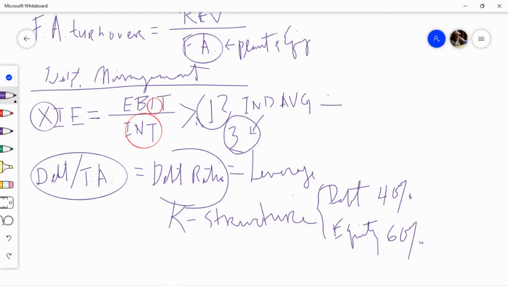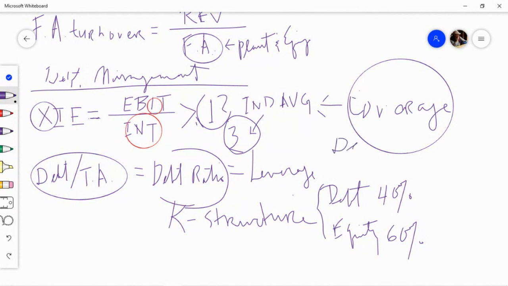Also, you remember, debt to total assets ratio is called the leverage ratio. Times interest earned ratio is also called coverage ratio, or debt services ratio. Right? But again, this is a very important one to think about. Times interest earned, and